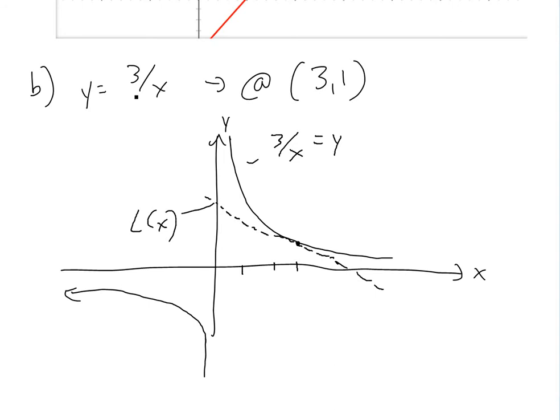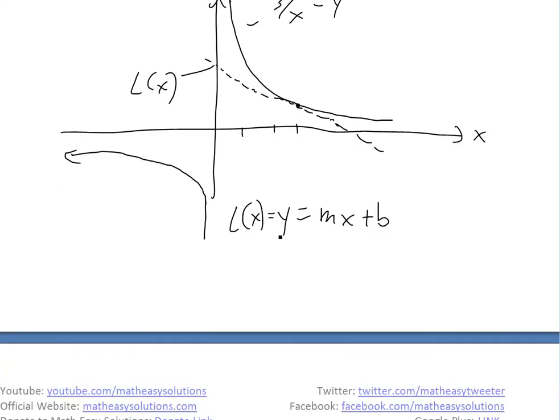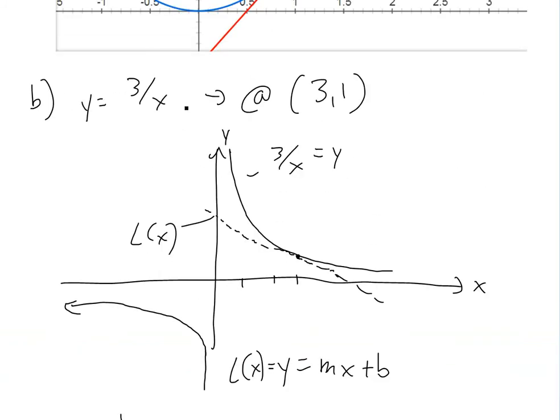So now we do the exact same thing to get the equation y equals mx plus b, or we'll call this L of x. It doesn't matter which one you use. So basically now finding m. So m is equal to the derivative of the function 3 over x. If you recall the derivative rules on this,